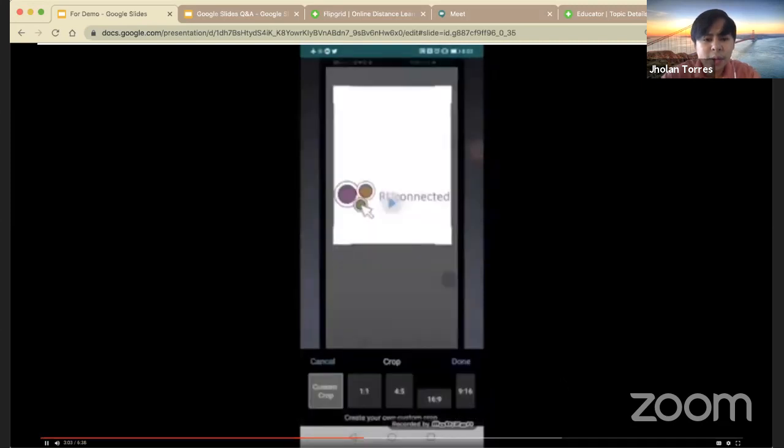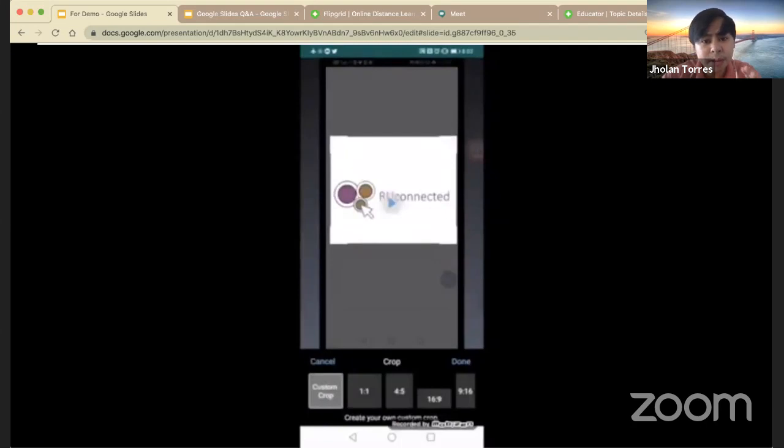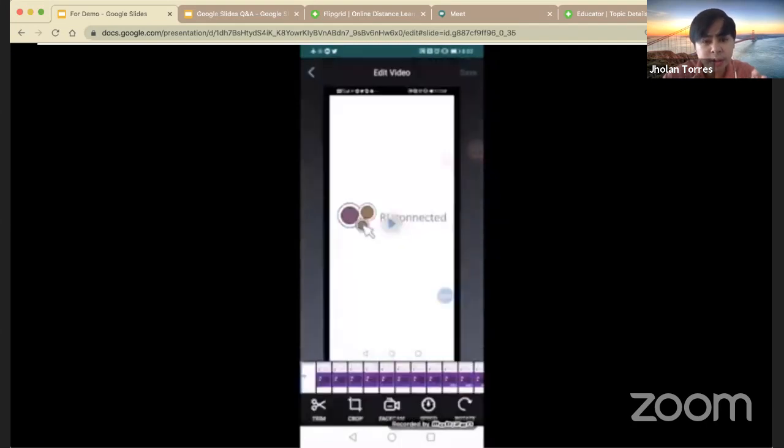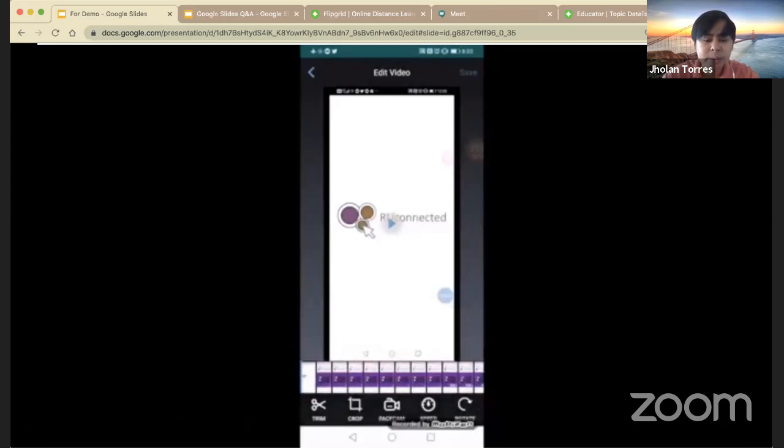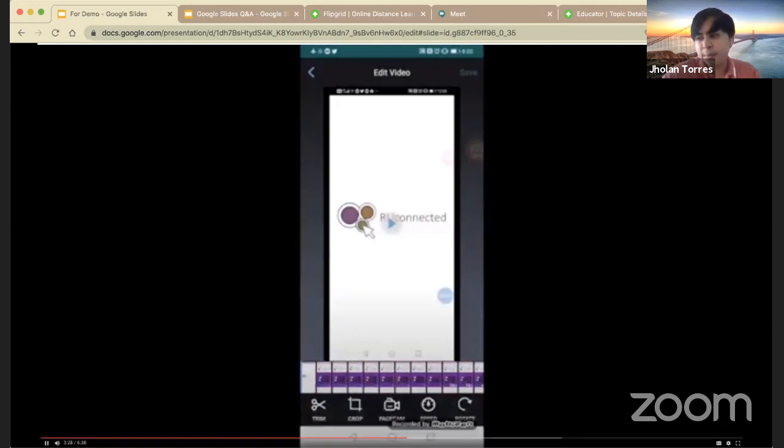You can also crop the part of the video that you want to record. For example, you only want your students to view this part of your screen recorded video. You can crop it using Screencast-O-Matic on your Android phone. Ayan po.